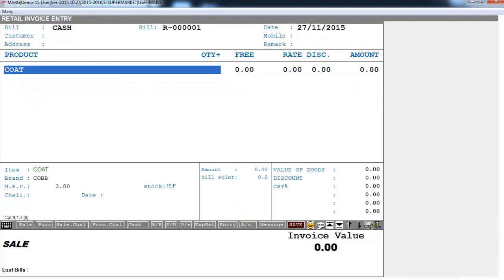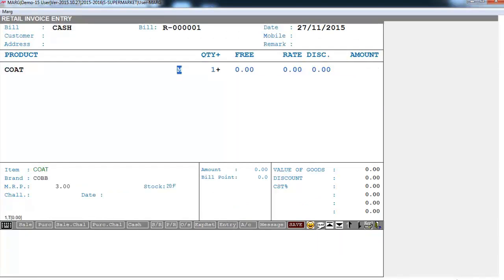Then after selecting, we will define the quantity. As you press enter, then you will see that the software has automatically picked the rate of your product according to its quantity. Means you don't have to manually feed rate and discount. If in item master itself you had defined the rate and discount, then at the time of billing the software automatically picks your item's rate and discount.